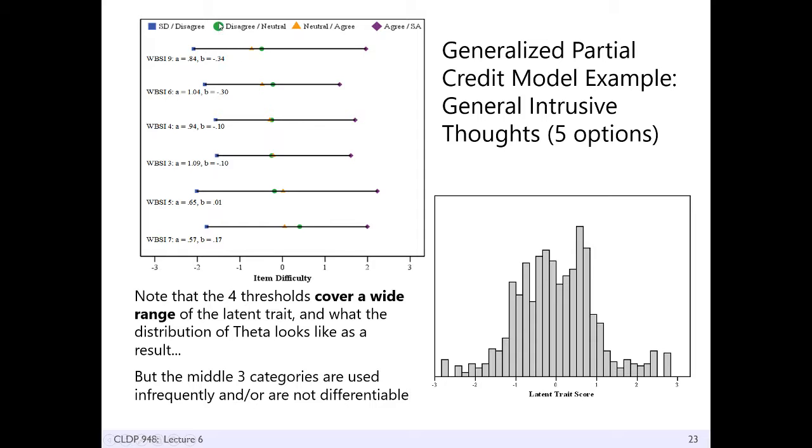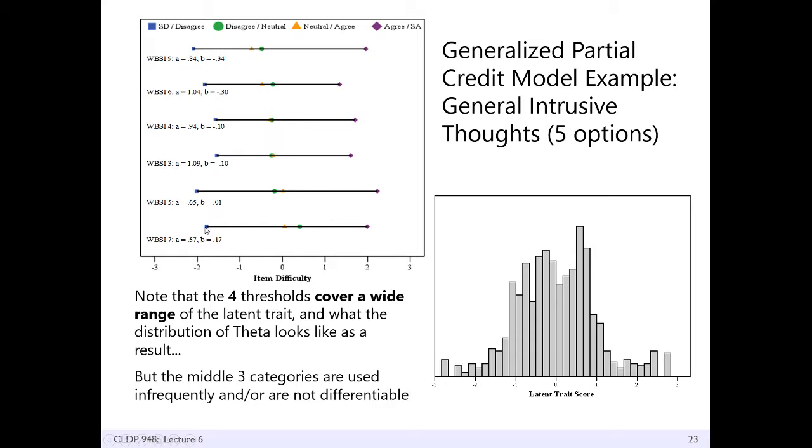Next is to go from disagree to neutral. That's the green dot, followed by neutral to agree, which is the orange triangle. Now these ones you'll notice here, this indicates that people are not using those middles very effectively. They're right on top of each other, and they're reversed in order in a lot of cases. So people are not picking the middle ones very much, or they're not picking them as reliably as they are the extremes. In contrast, agree versus strongly agree is clear over here,